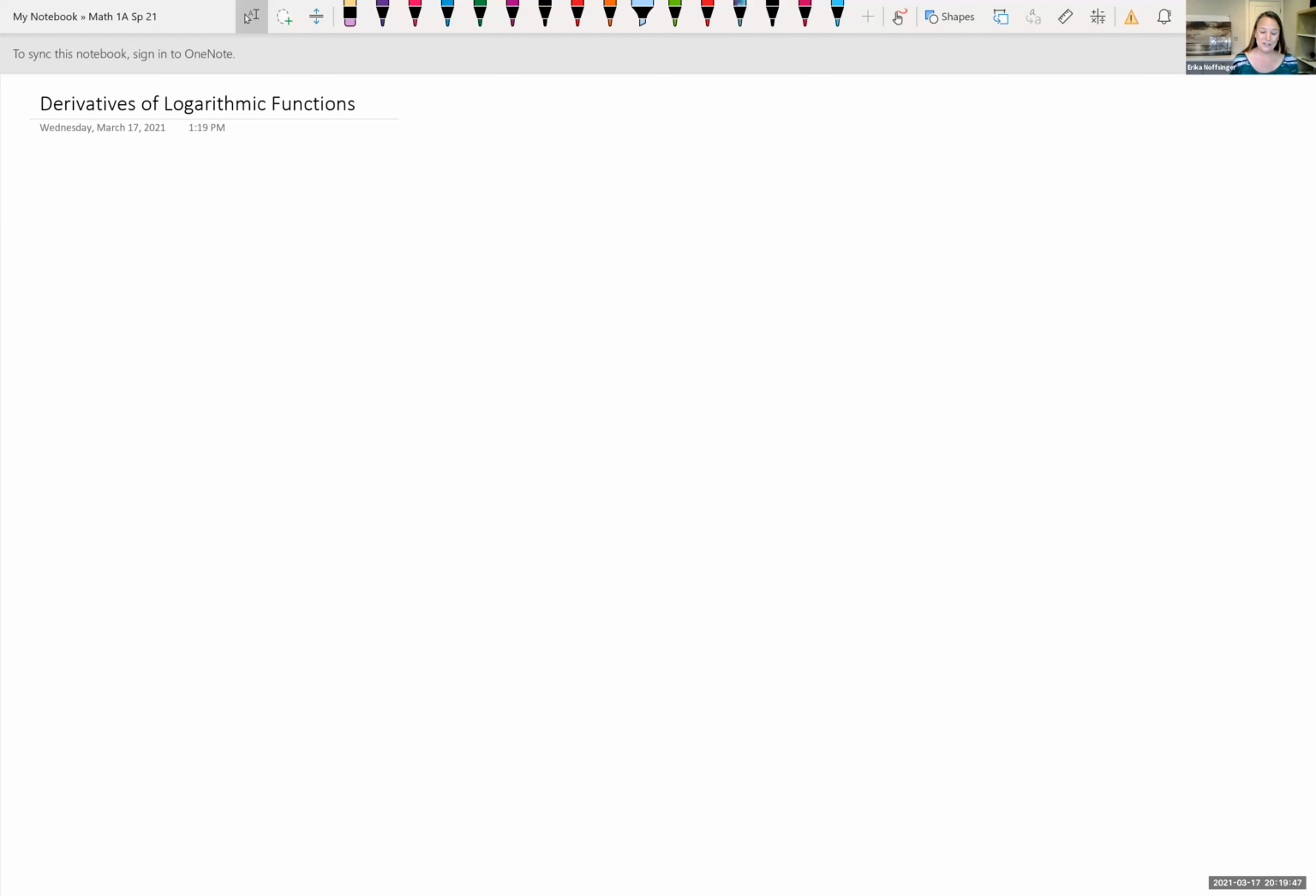We're going to look at taking the derivative of logarithmic functions. So we need to remember some rules for logs in order to prove the derivatives of these log functions. And so first of all, just kind of recall,